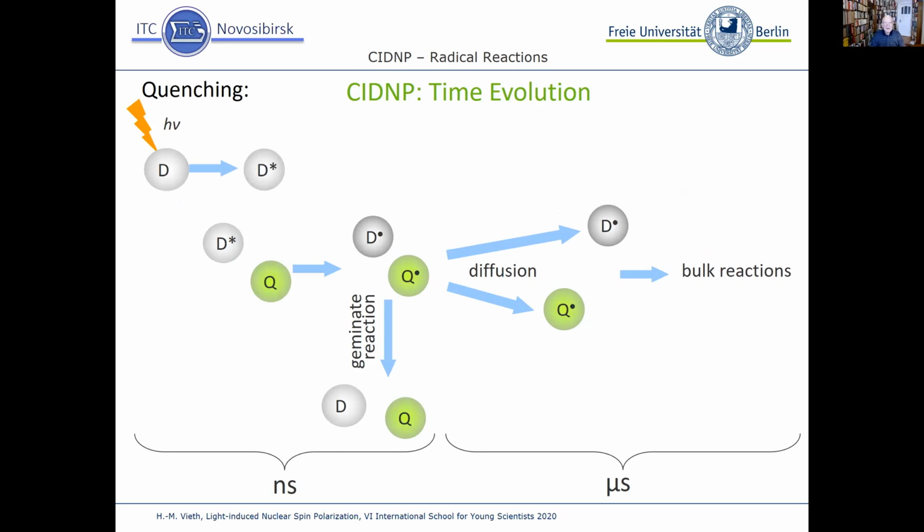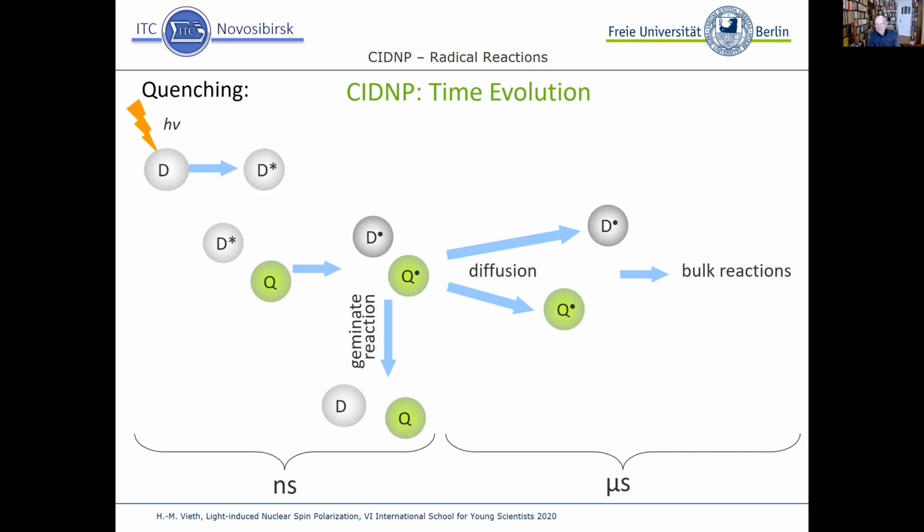Or here you have a quenching reaction where you excite a dye molecule, it encounters a quenching molecule, an electron, for example, is transferred, you create two radicals, they move back in geminate reaction, or they diffuse in the bulk,